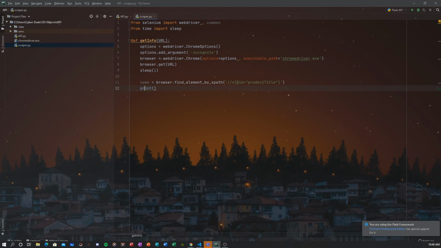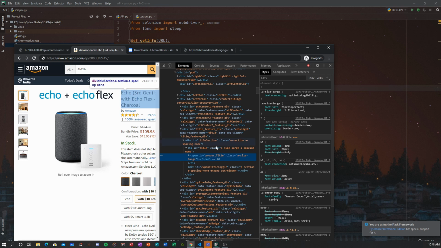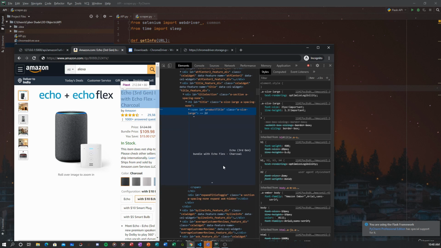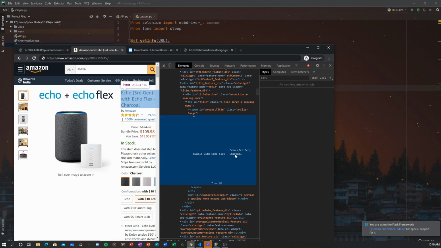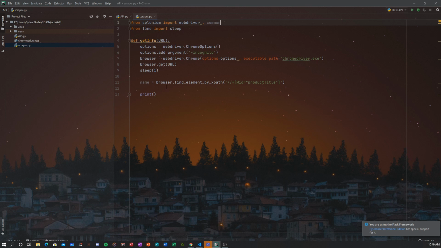And then we want to print out name. Actually no, we have just found the element, but now we need to get the details from that element, let's say the text. If you open this, you see there's a lot of empty space, and then we have the name here. To get that name, we set name equal to name dot text. And now if you print out name, we'll get the details for the name.